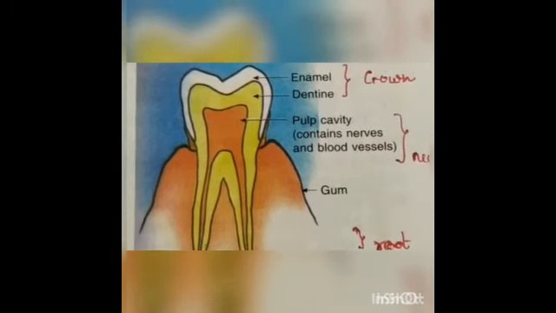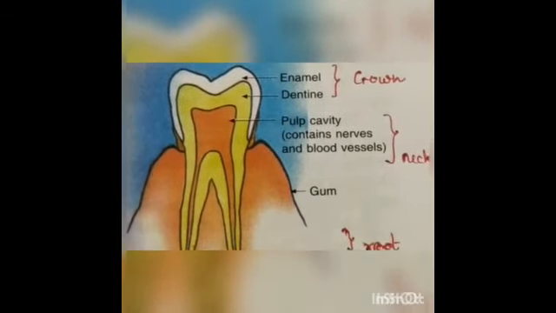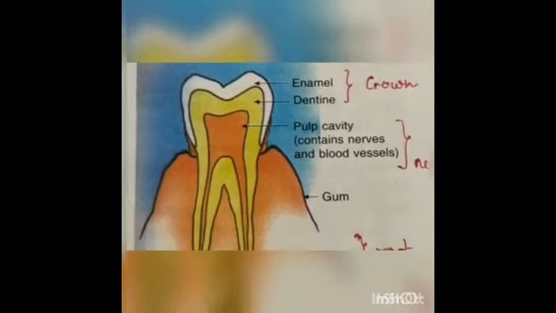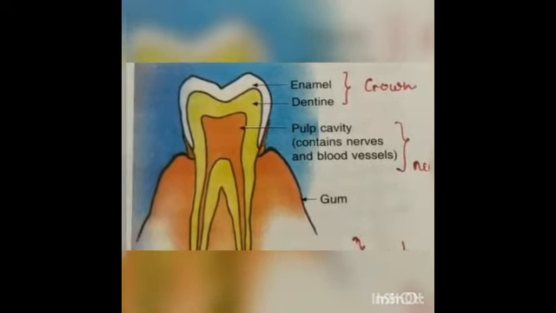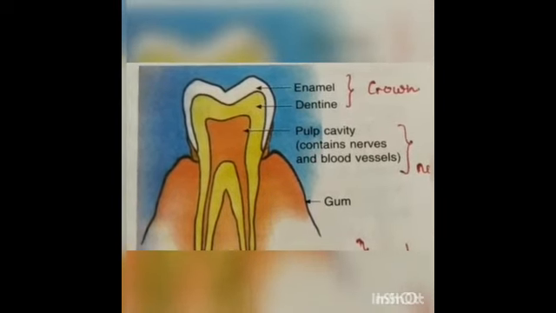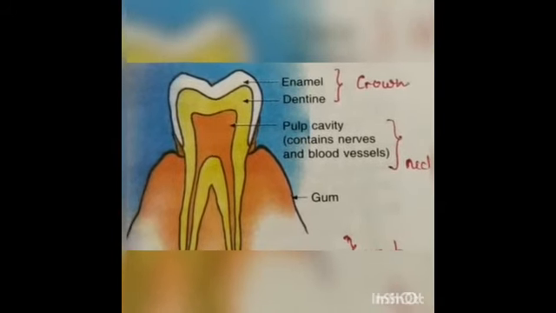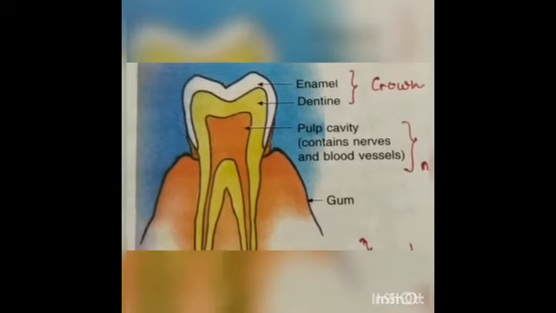If the teeth are not cleaned regularly, then tooth decay takes place. Tooth decay is a process in which the tooth becomes rotten due to the formation of cavities or holes inside the teeth, leading to toothache. Let me tell you how toothache takes place.